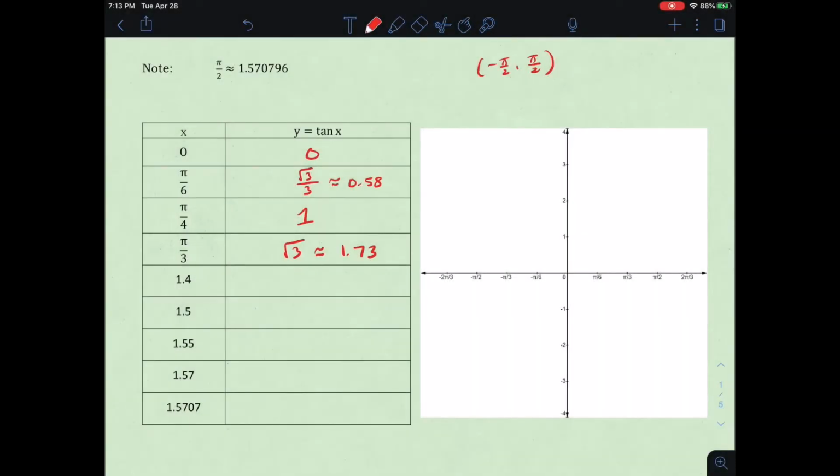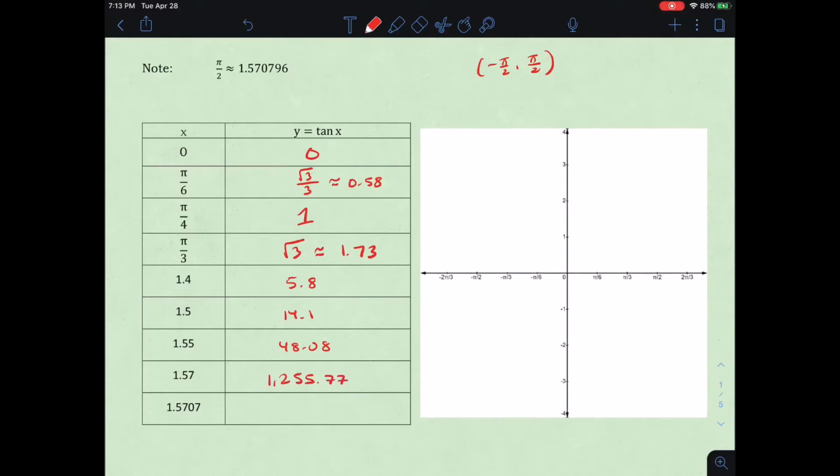So the first thing I hope you did was check what mode your calculator is in. Is it in degrees or is it in radians? Here you want to make sure you're in radian mode. So if you did tangent of 1.4, you should have got about 5.8. Tangent of 1.5 is about 14.1. Tangent of 1.55 is about 48.08. Tangent of 1.57 is